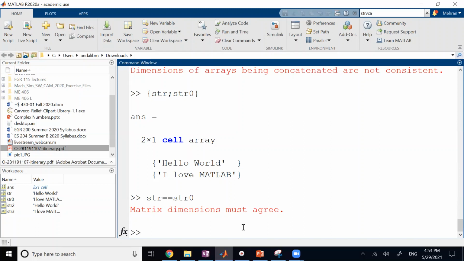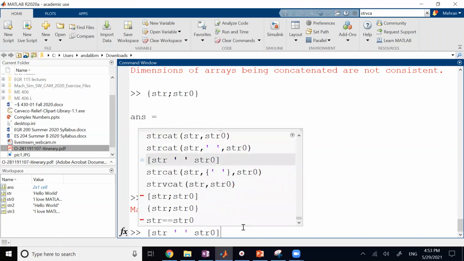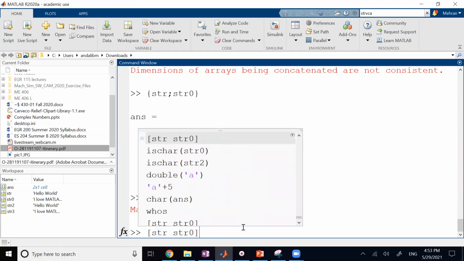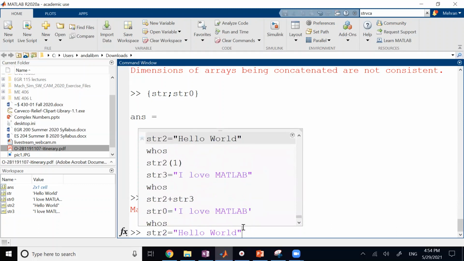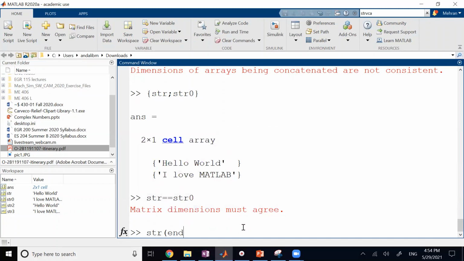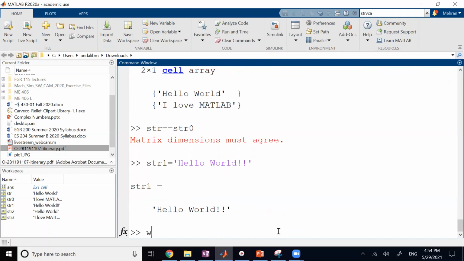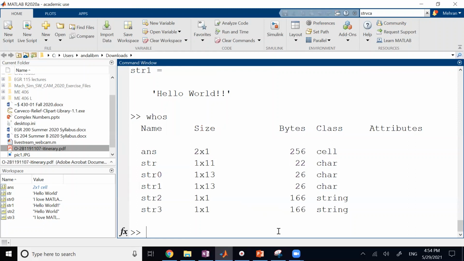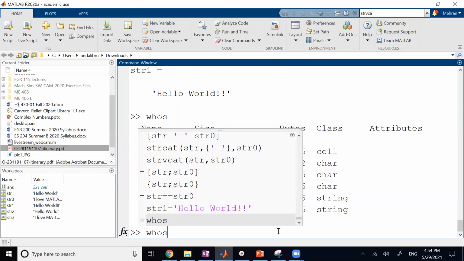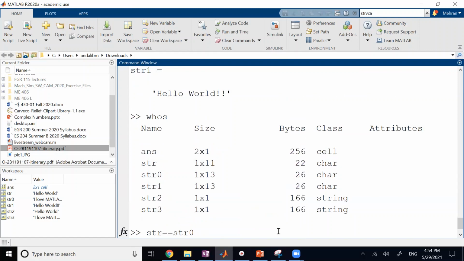So now, for the sake of learning, I change str, or maybe I call it str1, that's fine. Let's just make sure this is also 13 characters. So it was hello world, right? I add 2 exclamation marks. So now str1 is also what? 13 characters like str0. Now if I say whether these two are equal or not,